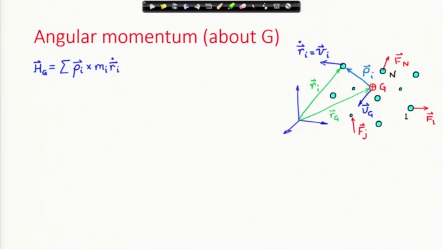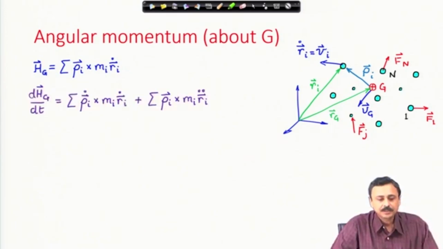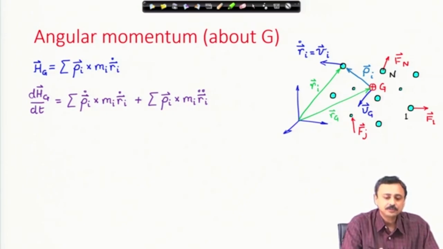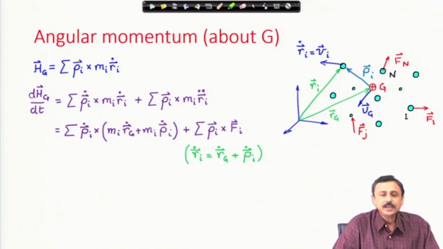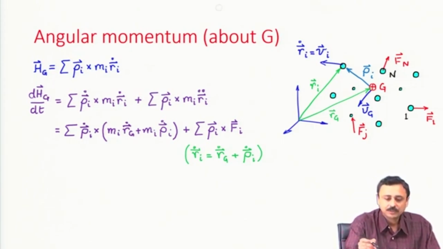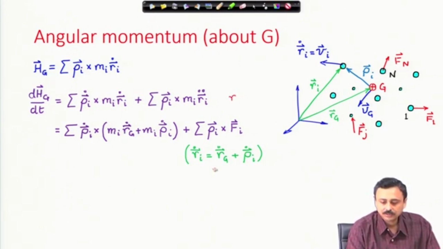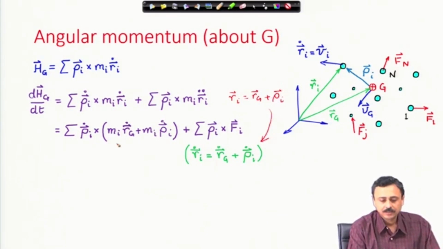We continue with this angular momentum about the center of mass. If we take a time derivative of the angular momentum about the center of mass, then we have on the right hand side the time derivatives of these terms. The first term gives us rho_i dot cross m_i r_i dot, and the second term gives us rho_i cross m_i r_i double dot, summed over. Now, I once again use those expressions I have used. So, here I have used that this r_i vector is r_g plus rho_i, whose time derivative is this. So, that I have used here,